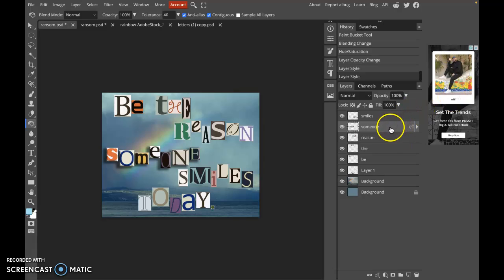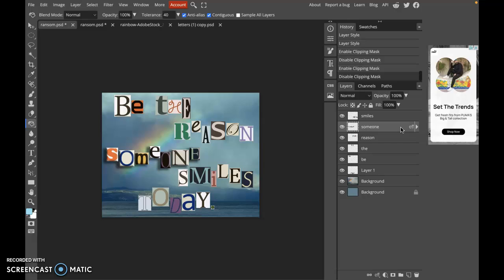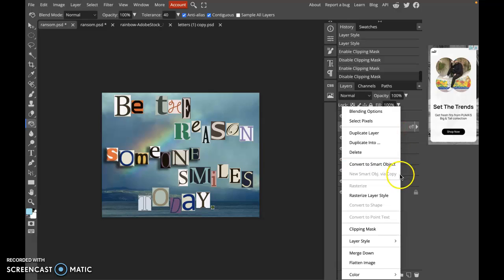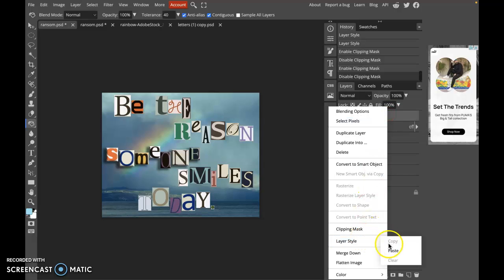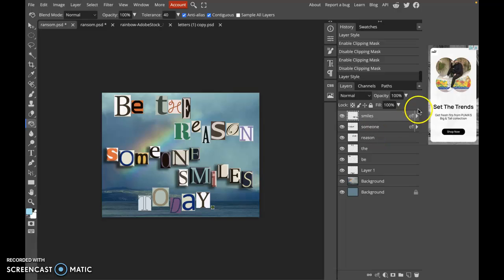you can right click on this layer. Okay, sorry. I had to adjust the right click. So if I right click on here, you see this layer style, I can copy it, and then I can right click on a new layer and paste it. So you can see that it'll be applied to all of them. To save me that,